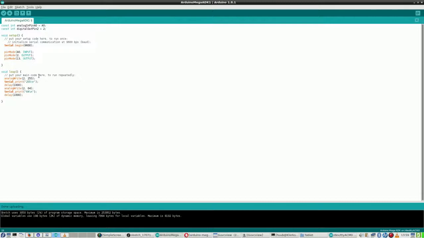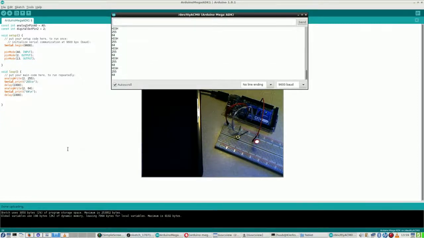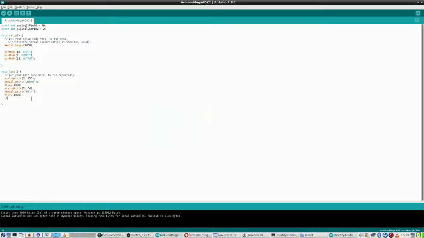What I also want to do is saying, alright, if I press this switch, I want to have something written in here, because this hasn't been uploaded yet, so it's still processing the old code, now old. And what I want to say is, if, let's say, A0 is high, then serial.print high with \n for new line,